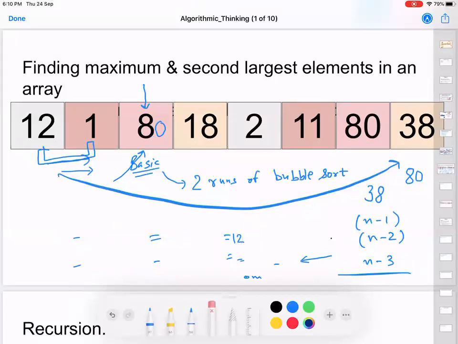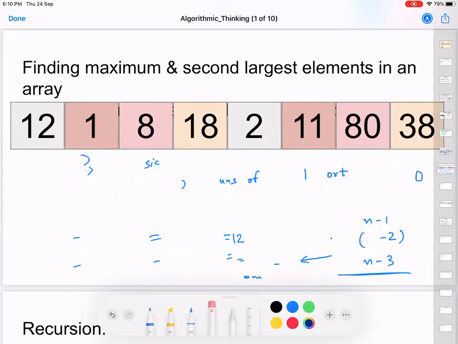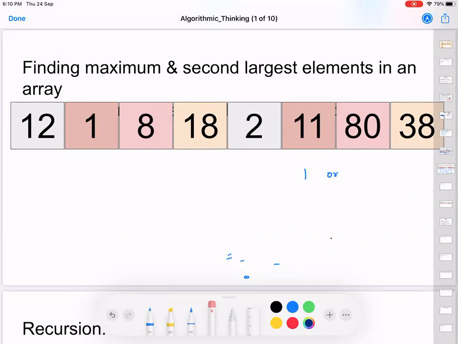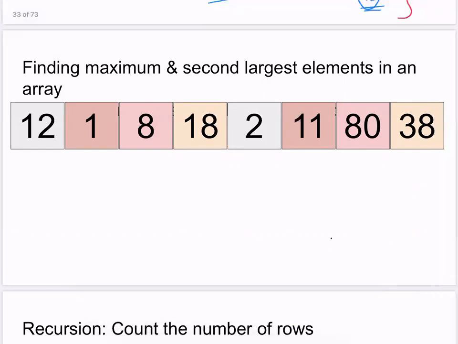I'll just remove all this over here. Can you think of whether I can use the tournament method here to better this? I would like you to visualize this array. Let's say all these elements which are present here are certain chess players, and each number here represents the skill of a chess player.